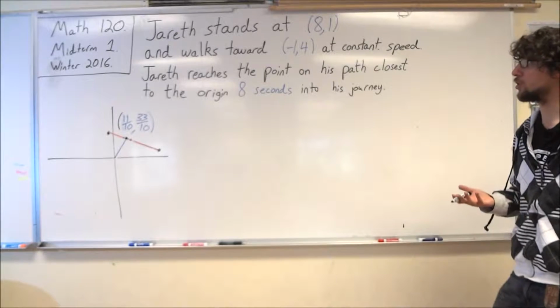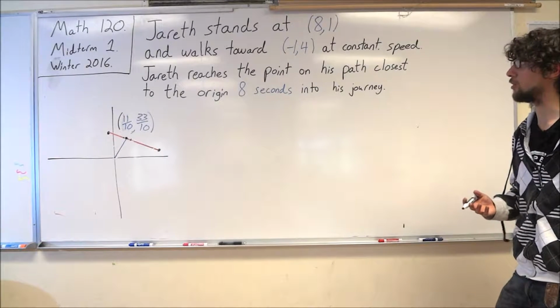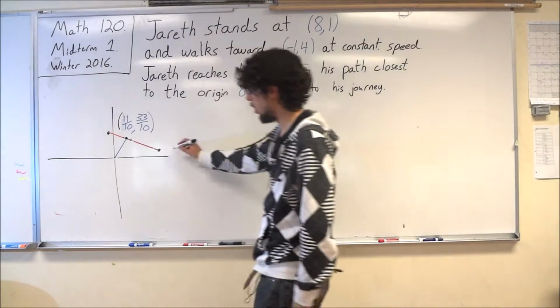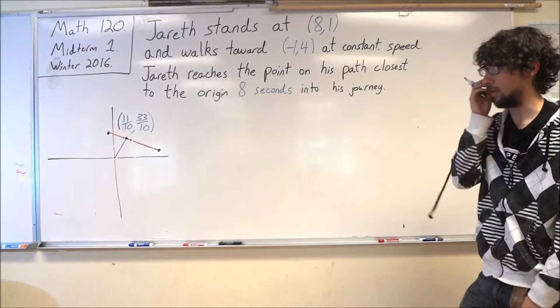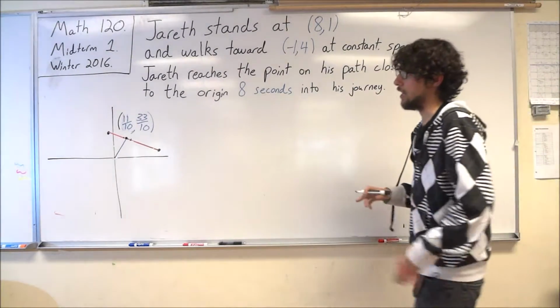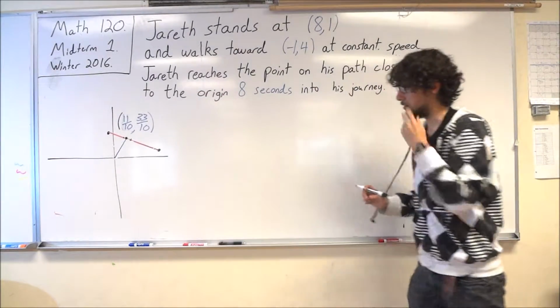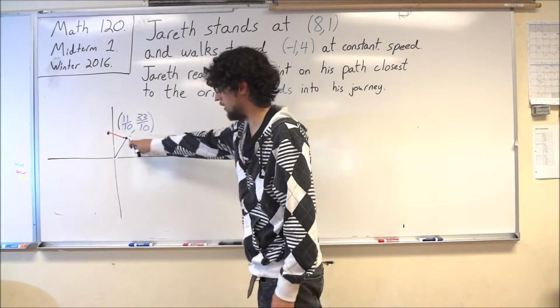I suppose the first question it asks us is to find the speed at which Jareth is traveling. So let's go ahead and do that quickly. Jareth starts at 8,1 and travels to this point in 8 seconds. All I need to do to compute this speed is to ask how much ground Jareth covered in those 8 seconds. So the distance between 8,1 and this point,